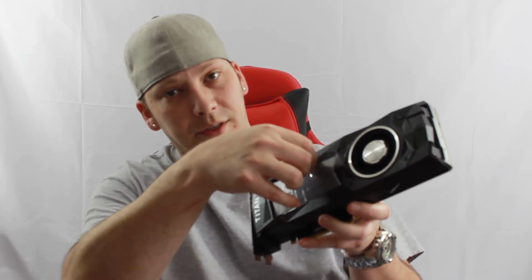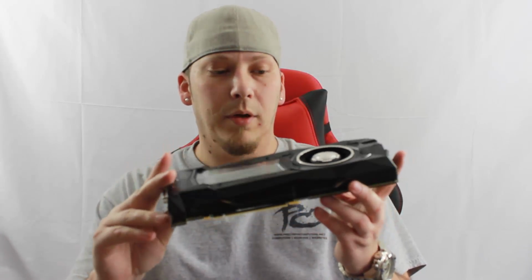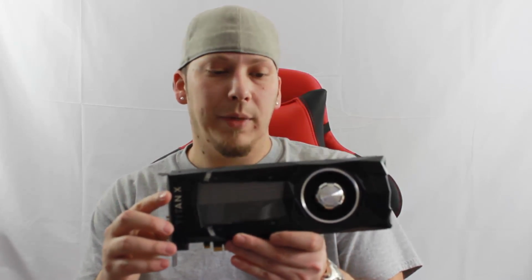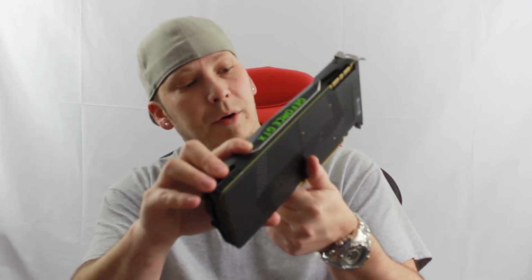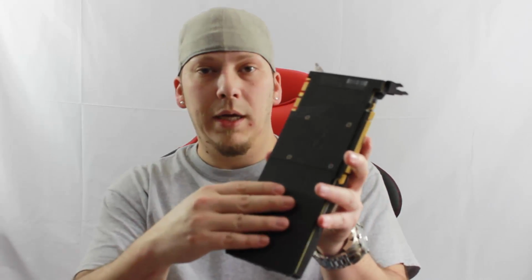Even though we peeled that off, it's not important for this build. This is the Titan X Pascal edition from Nvidia. Of course, we see the air cooler on here. The card has been tested. We have our 8+6 pin power at the top, of course PCI Express 3.0, and our factory